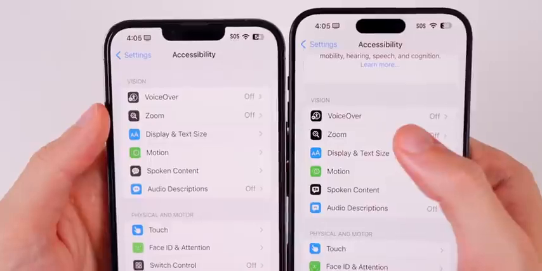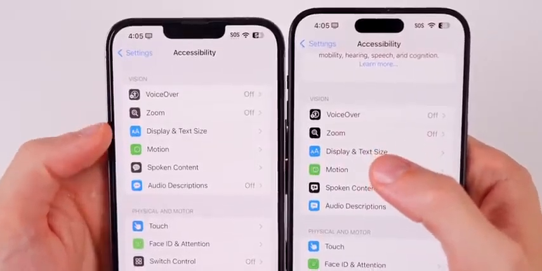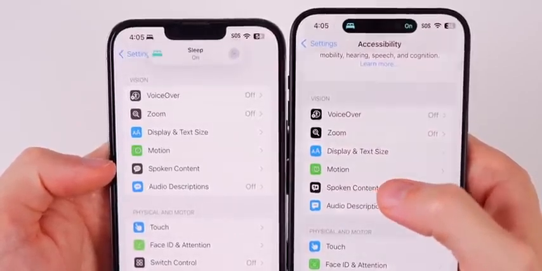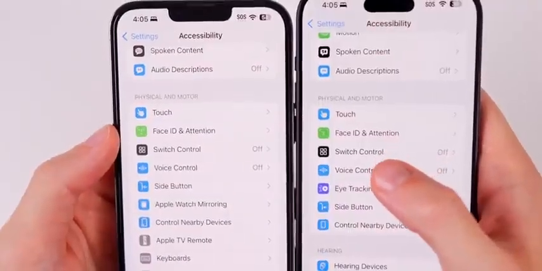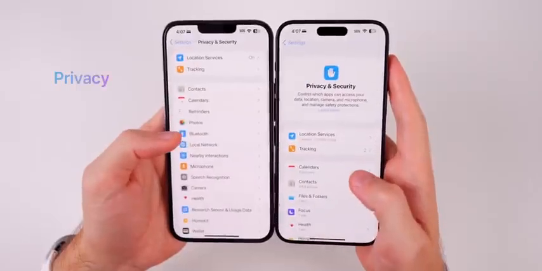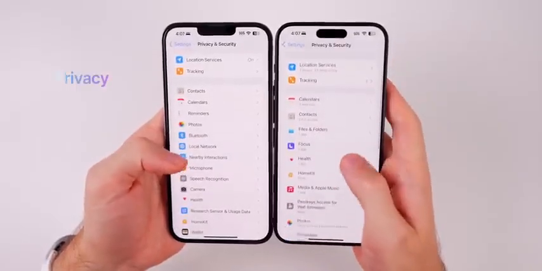So VoiceOver, it's now black, same with Zoom versus a dark gray before. Spoken content has a new glyph icon. Face ID and attention is now a little bit darker than it was beforehand. And if you go into privacy and security, again, we have the big glyph icon up top, but also you